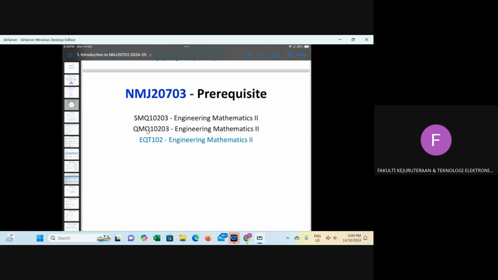The latest code is this one in the middle, QMQ. For the last 2 years they used SMQ. The content is the same, they just renamed the code. So you need Engineering Mathematics 1 and Engineering Mathematics 2. If you haven't had these courses, you are not allowed to register, because later on I'll show you why.